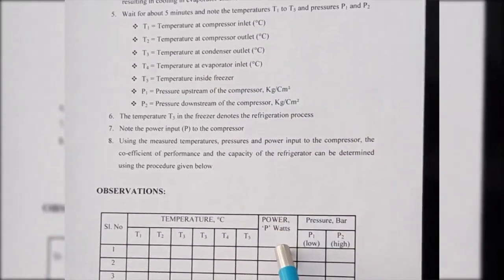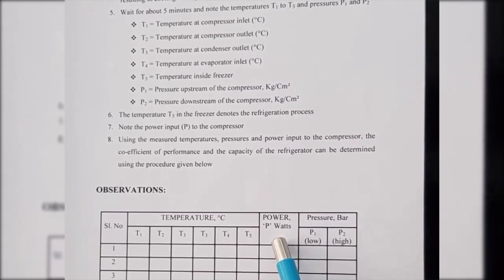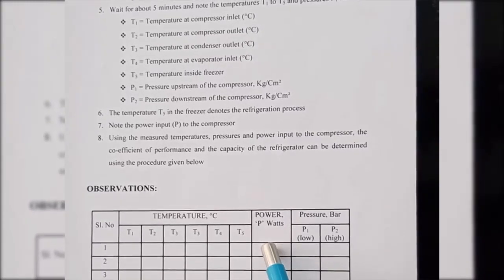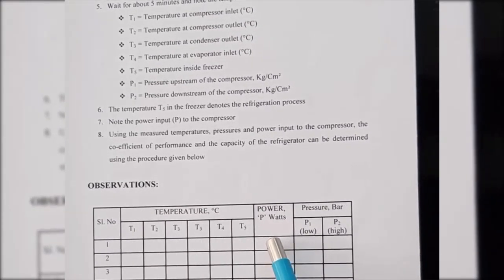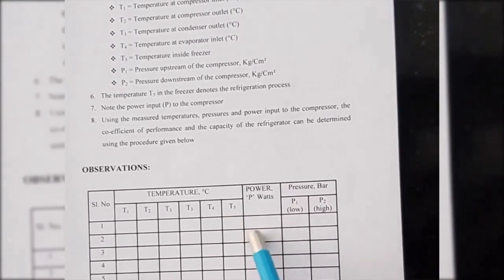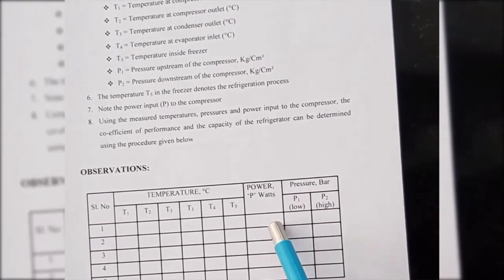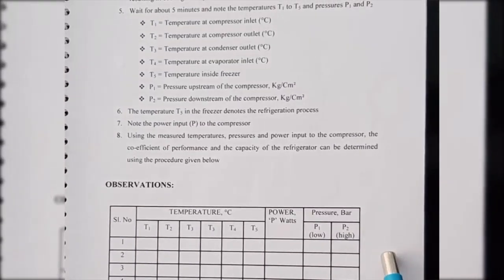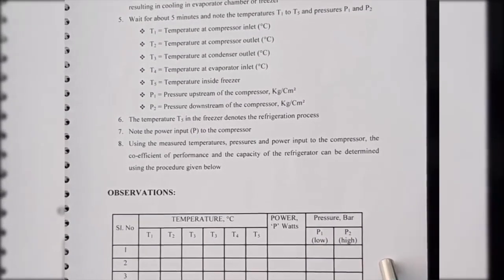And we have the power input. Power is the voltage into current. The voltage was around 227 volts, and the current was around 4.08 amperes roughly. So we get the power that is input, and for the work you are supplying, there needs to be a respective amount of heat dissipated out.